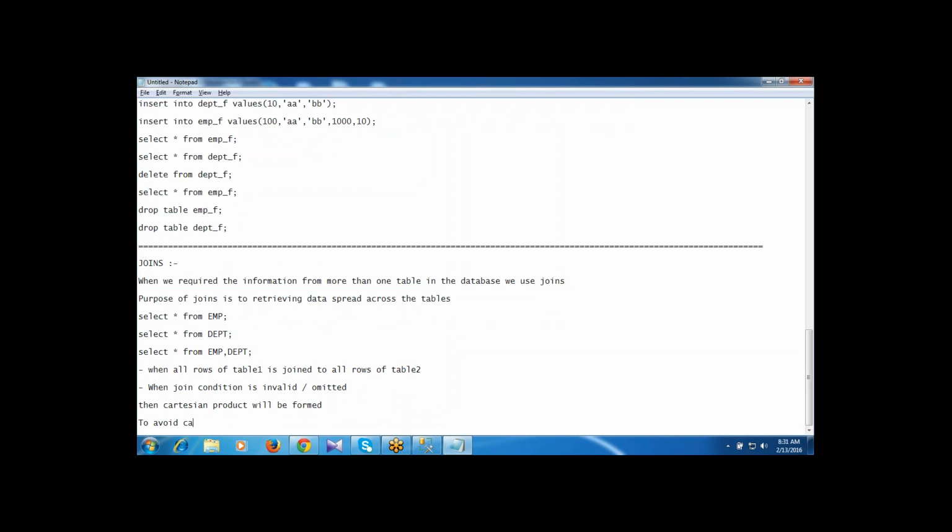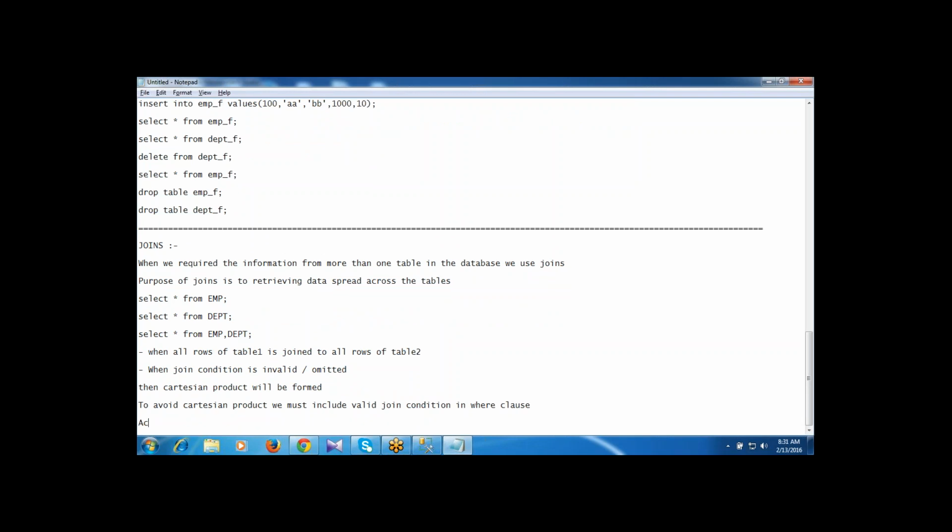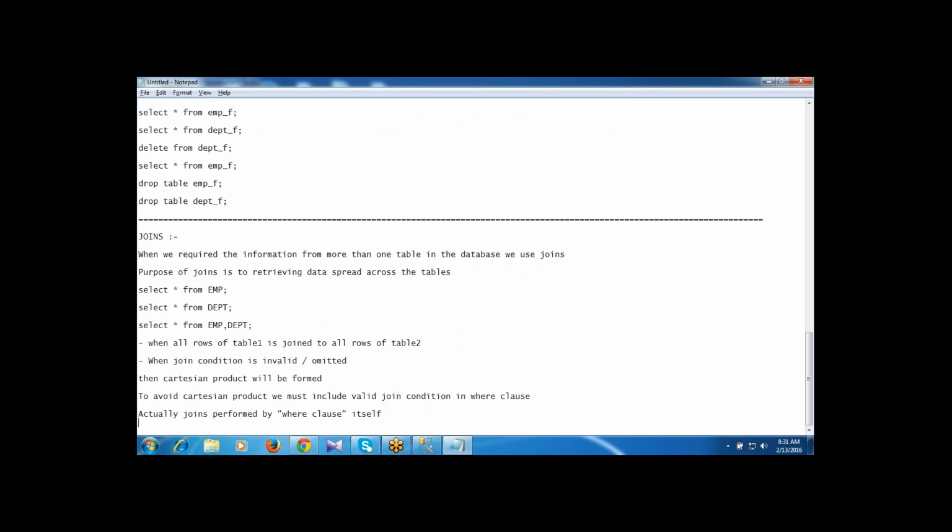To avoid the Cartesian product, we must include a valid join condition in the where clause. Actually, joins are performed by the where clause itself.